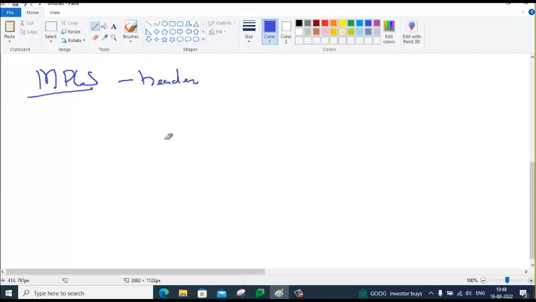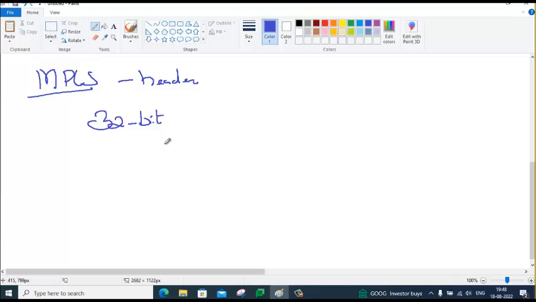MPLS header is a simplified header with only 32 bits. The entire size of the MPLS header is 32 bits only. But if you take the layer 3 header, one IP address itself is 32 bits.